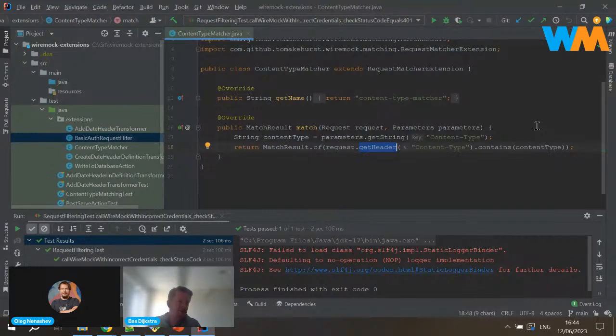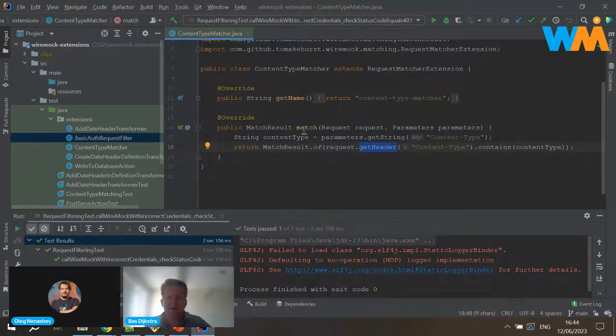This is, for example, useful where I don't really care whether the content type header is text XML or application XML or any of the other MIME types that contain XML. The only thing I care about is that it's a MIME type that supports XML.